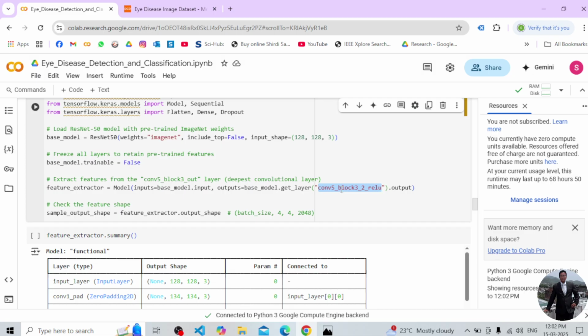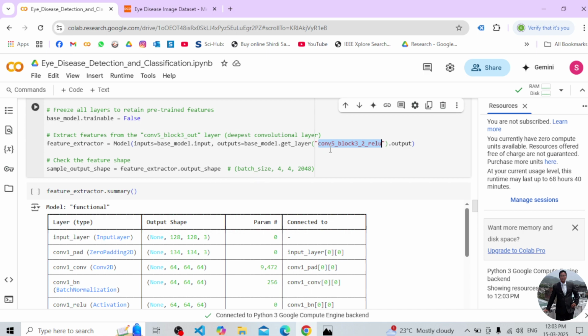I am extracting only the ResNet 50 up to this layer. Generally, this ResNet 50 is very deep, but since I am only using it for feature extraction,